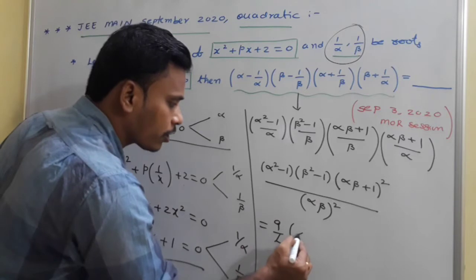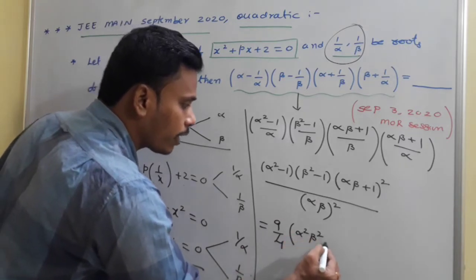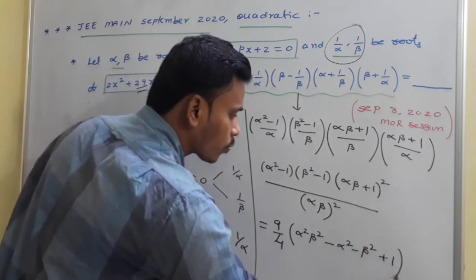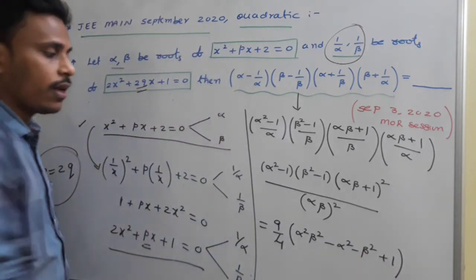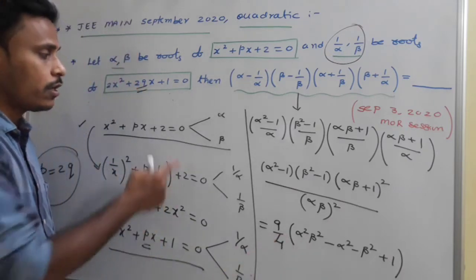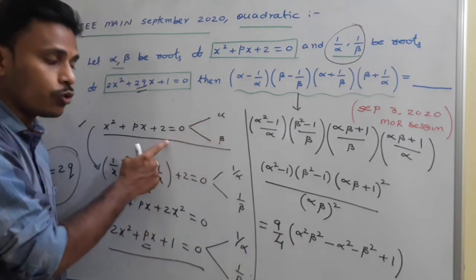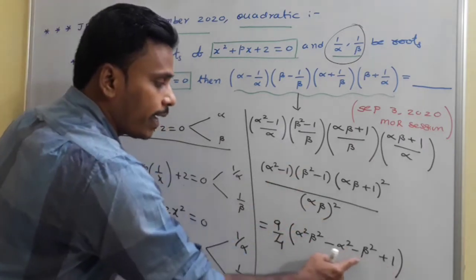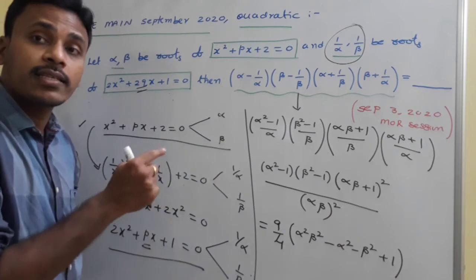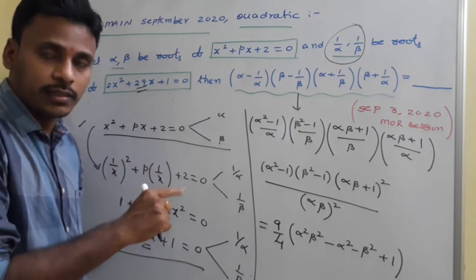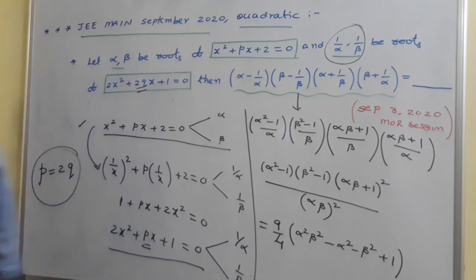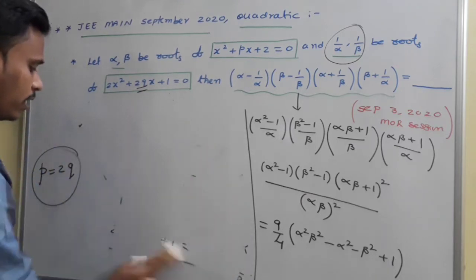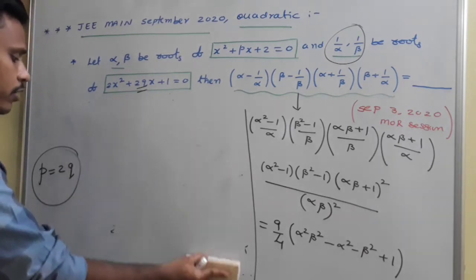Just go with multiplication. It will become like this, alpha square beta square minus alpha square minus beta square plus 1. Yeah, again we need to simplify it. Again alpha square plus beta square is how much? Because alpha into beta, the product of the roots, is 2. Replace 2 here, 2 square you will get. And then this is 1. Minus alpha square beta square means minus of what? Alpha square plus beta square. That's what we need to simplify. So because of the space, I am erasing this. And see, with this discussion we have at the end P is equals to 2Q.